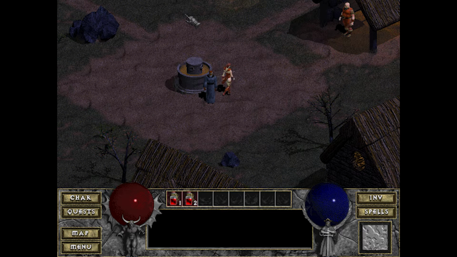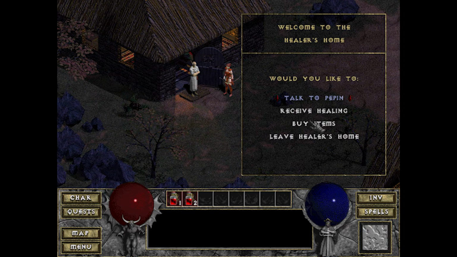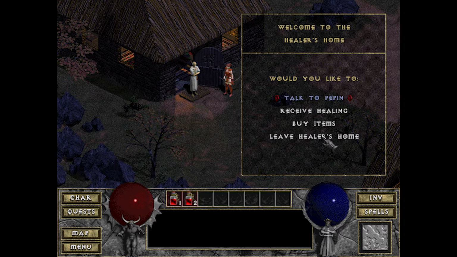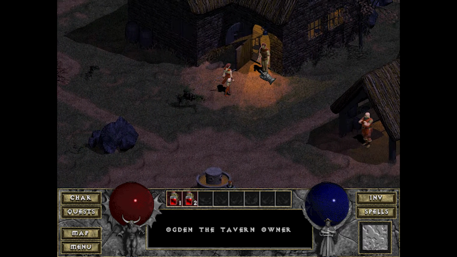So we have this well quest, and I think was it the healer that gives it to you? I don't even remember. What ails you, my friend? Nothing there, so no. So we have a healer here which just heals you up for free. That is exciting. And then we have...